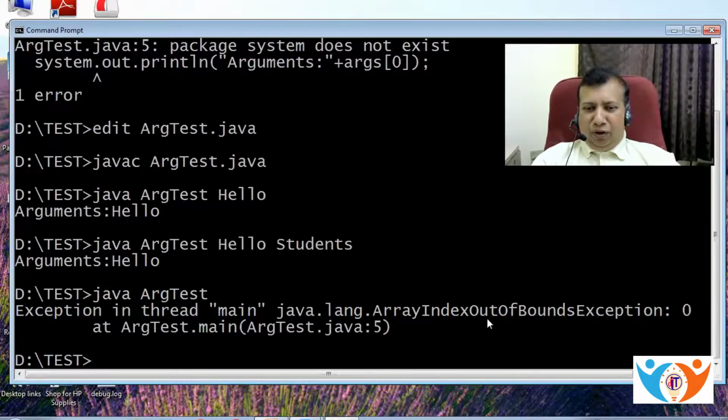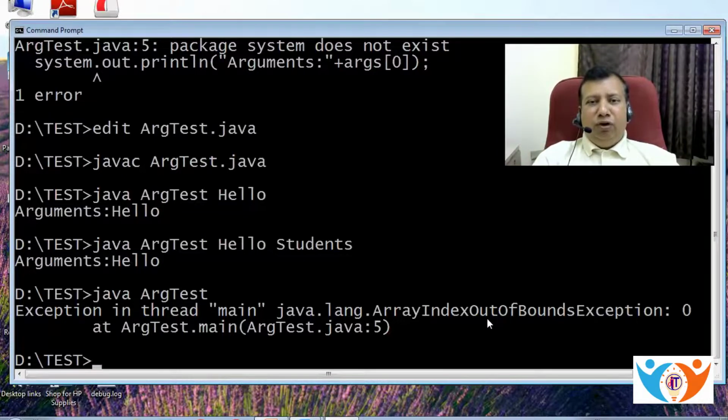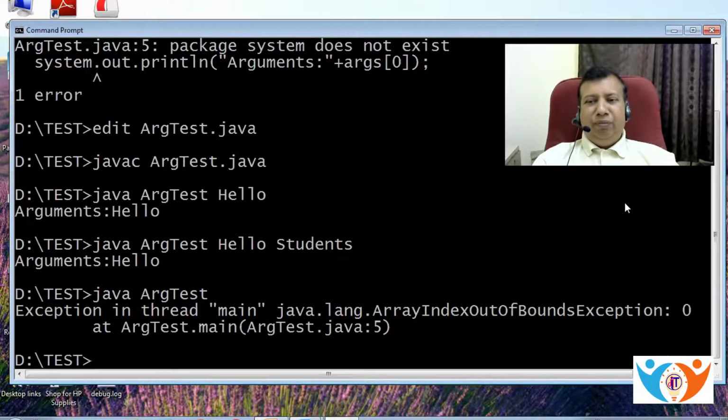Now this exception occurs when you are using an array and you are specifying an index number which does not exist. So in the program we are using args[0]. Now 0 is an index number, but if you are not passing any argument to main, that 0 index will not exist. At that time it will generate this exception and the program will crash. And therefore in rule number 3 we have discussed that we should ensure the total number of elements passed to the program. Otherwise the program may crash if the user is not passing proper inputs.